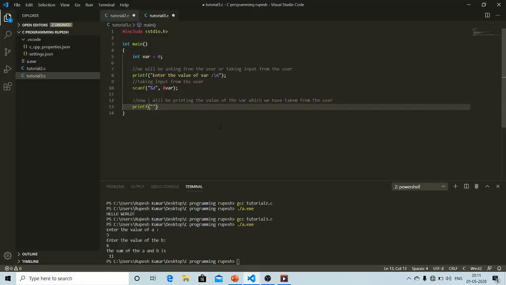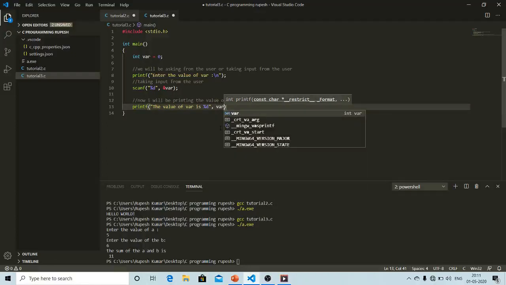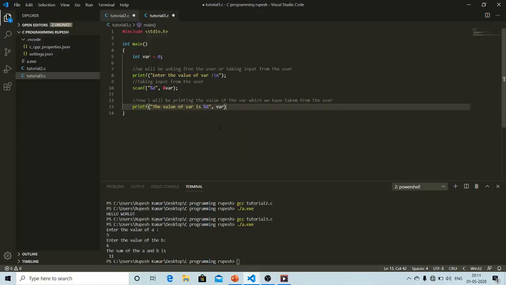Inside the inverted commas we'll write, the value of var is, and as the value is of integer type, we will again put the format specifier, and then we will name the variable which we want to print. That means we have to give the name of the variable of which we want to print the value, so the variable name var, because we want to print the value stored in var.